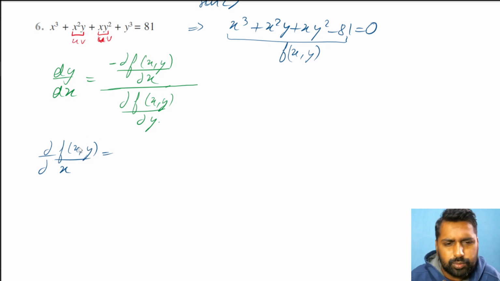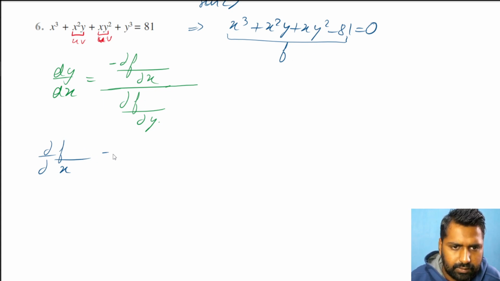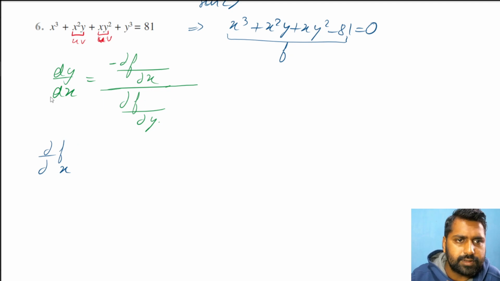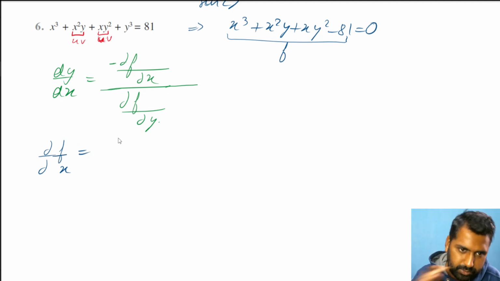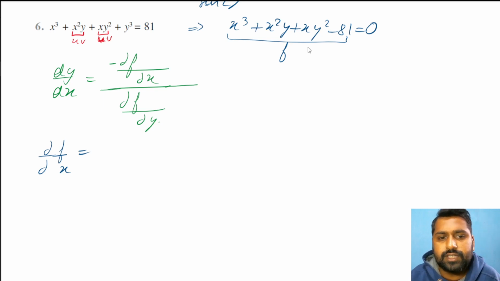You don't have to follow the notation, you just understand that you have to differentiate this function with respect to x. For simplicity, let's just call it a function only, because this is not in your syllabus anyway, so why bother with notations? So partially differentiating with respect to x,